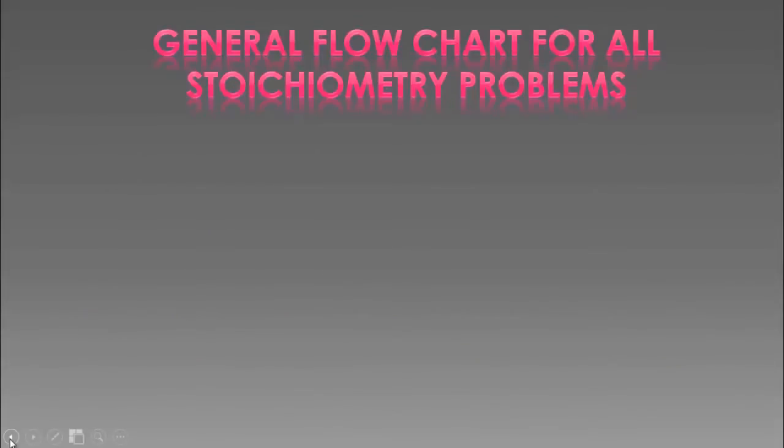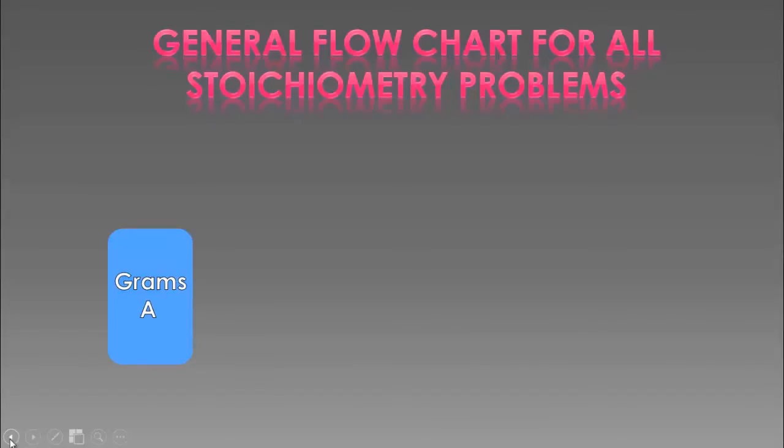So now we're going to look at a general flowchart for all stoichiometry problems. So in your notes you have types 1, 2, 3, and 4. We are going to put them all together so you can see the whole flow at once. When I'm done going through the whole process, then I will show you how we can break down this flowchart so that it covers each of the 4 examples or the 4 types that you have in your notes. So for a second, you're not going to write, you're just going to watch, and then you can go back and copy stuff in. So since stoichiometry is a mass relationship, we're going to start with mass, which is using